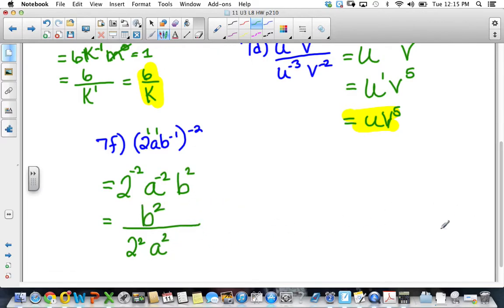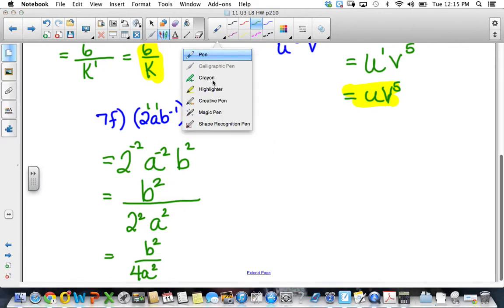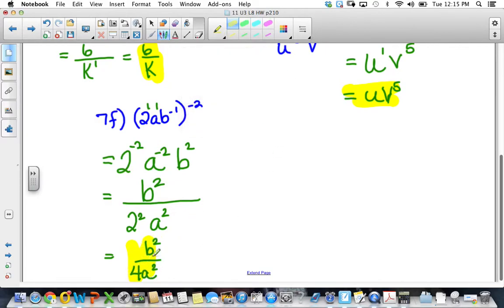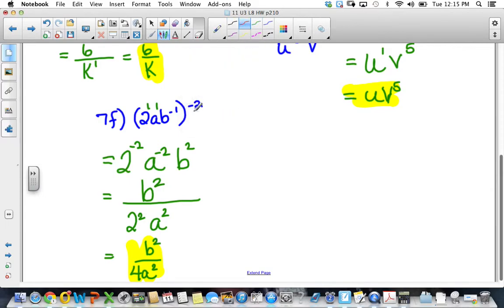And again, we want to simplify all the way, so we need to get rid of that 2 squared or simplify that to 4. So b squared over 4a squared. Final answer there. Now that is not the only way to do this problem, so I'm going to show you another way. The second way you could do this is you could get rid of this negative right off the bat by flipping the entire problem over,